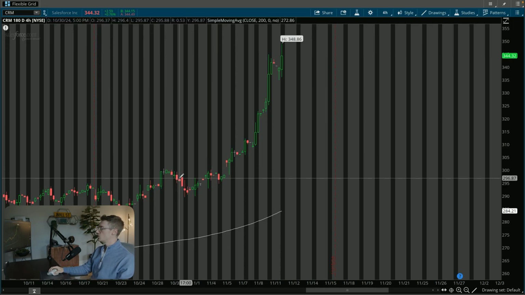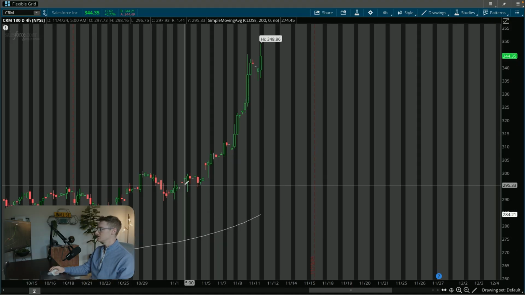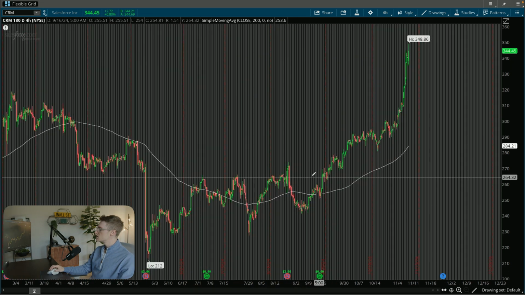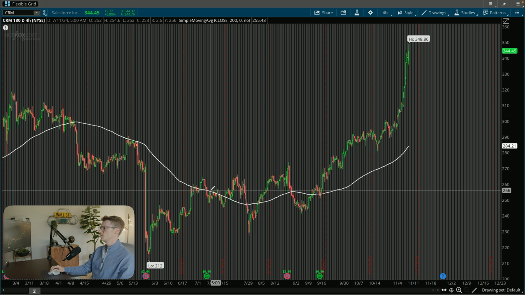So this would have been a great trade trading with the trend. This would have been an awful trade trading against the trend. And you could say, oh, it's easy to say that looking at what just happened over the last 2 weeks. It's already happened. We're just talking in past tense. But if we were to zoom out, we can see here, when we were trading on the 200-day SMA,